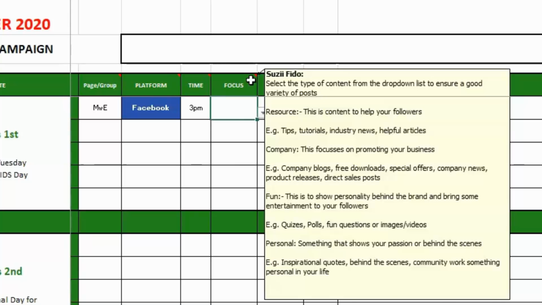So resources, this is the kind of content that helps your followers. So this is giving out good tips or tutorials, or there could be news that's going on within your industry, or even helpful articles. Company is when you're actually looking at focusing on your company, and these aren't always direct